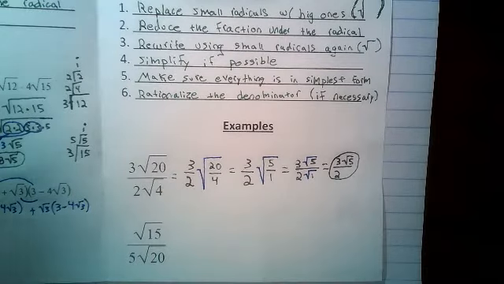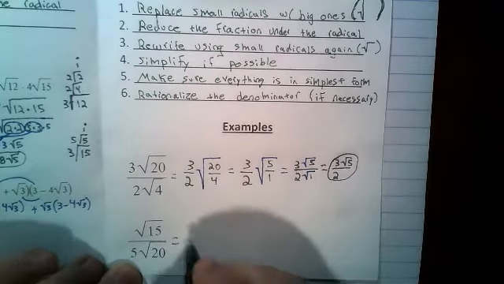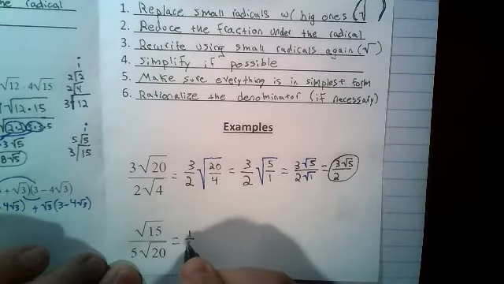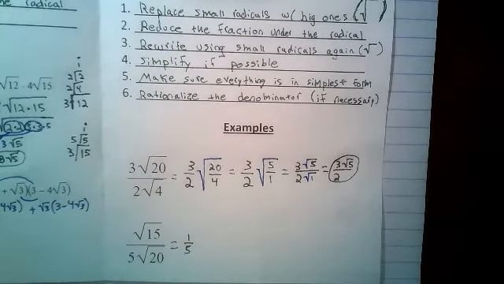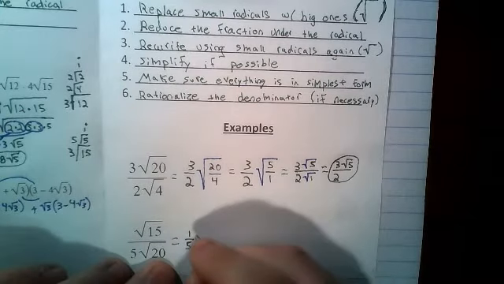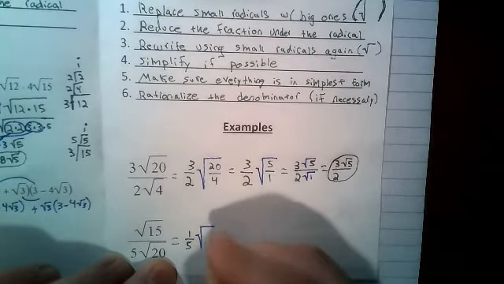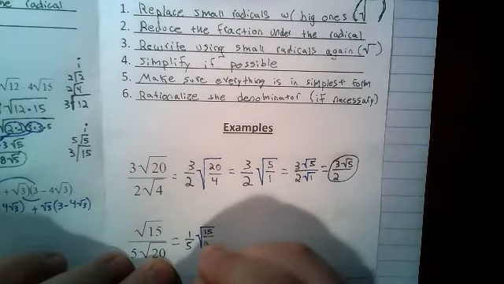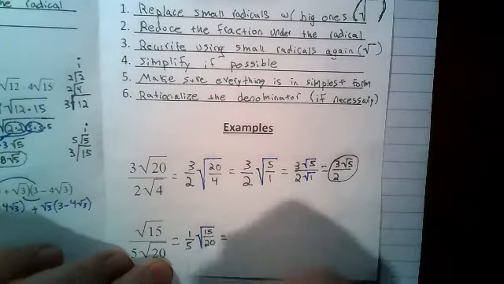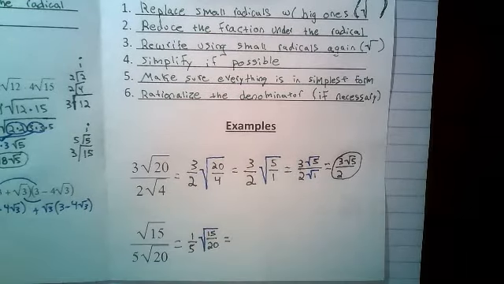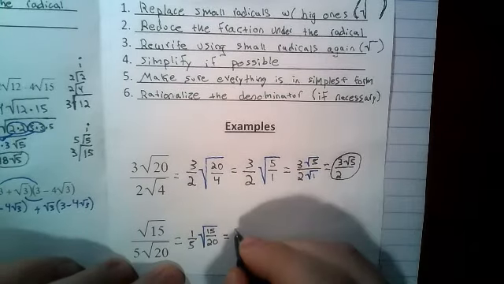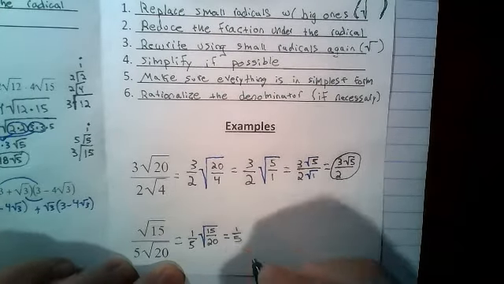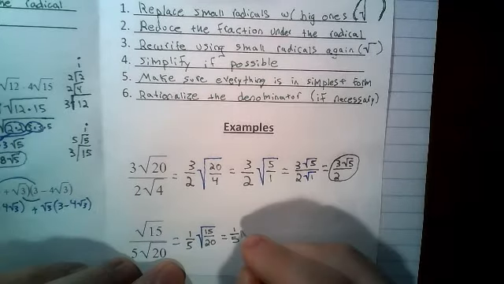For my next example, I'm going to follow the same steps. I've got the square root of 15 divided by 5 square root 20. And so I'm going to write that, step 1, rewrite with a big radical symbol. So inside my big radical is 15 over 20. Then I want to reduce the 15 and the 20. So 1/5 stays the same. And I've got